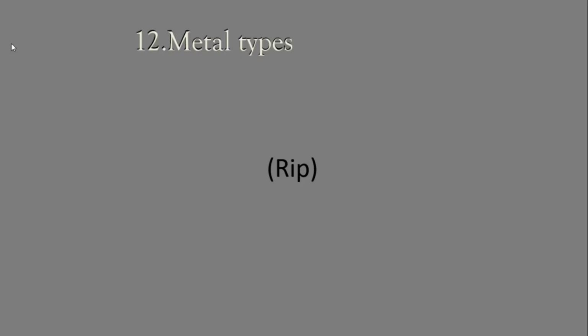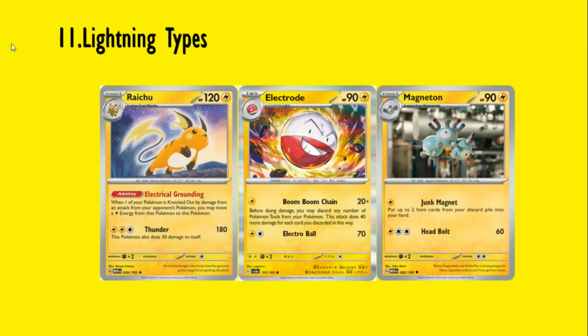So unfortunately metal types automatically have to take last place. A bit unfortunate, but there are no metal types in this set. RIP. But in 11th place, we have lightning types, which have some interesting new additions. This new Raichu is honestly pretty decent. It says when one of your Pokemon is knocked out, then you can move a lightning energy from that Pokemon to Raichu, which honestly isn't the worst effect in the world, especially since Thunder does 180 damage, which is pretty solid. But it does do 50 to itself,